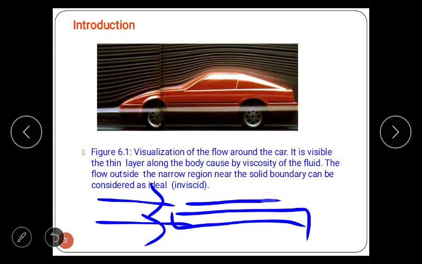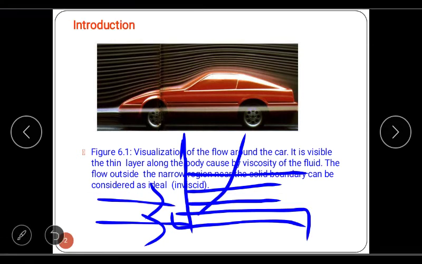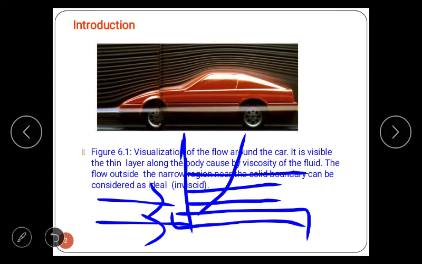There are layers of fluid, and we know that viscosity is the property which retards that flow. Now we are showing the development of velocity, the distribution of velocity,